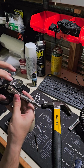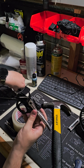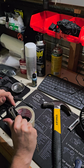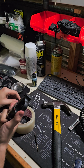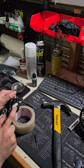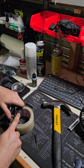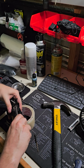What we're going to do is we're going to push this down, and then we're going to get this piece back through. So you might have to see me struggle here for just a sec, but basically we're just going to push, kind of just hold the best you can. It's not that hard, it's just that my hands are slippery. There we go. Alright, so now that we got that